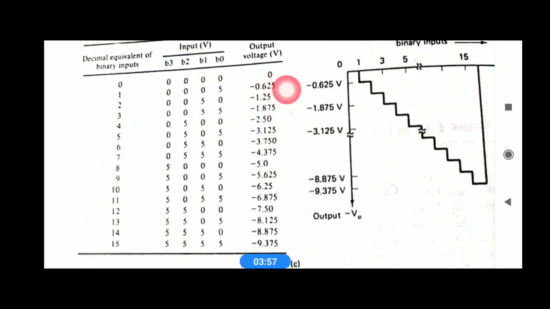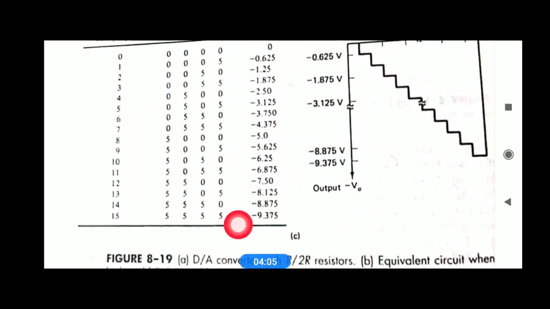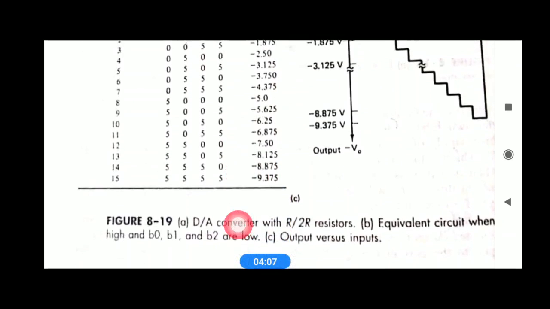When you add these three, you will get minus 4.375. Same thing if you apply all as high. You sum all the individual outputs for B0, B1, B2, B3, and you will get the output for all inputs high, which is minus